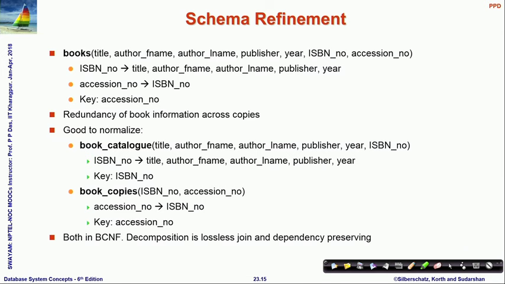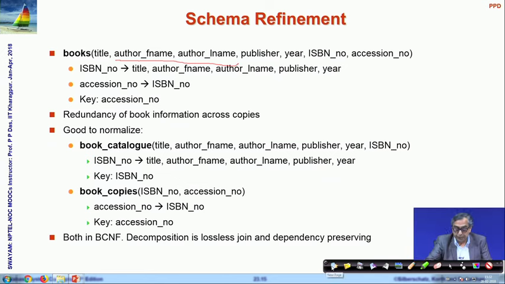relational schema, then we easily know that ISBN number will uniquely identify the title, author's first name, author's last name, publisher and year. Here you may also note that since name is stated to be a composite attribute, I have designed to use two different attributes, the first name and the last name. So, with that we have this functional dependency, which tells me that given the ISBN number I know these details,